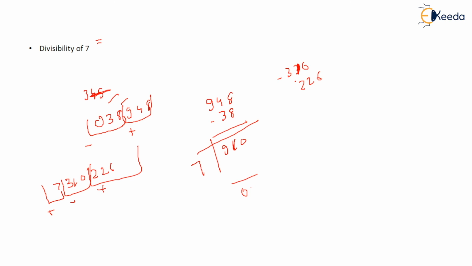This is minus 84 and plus 7, that comes out to be your 77. You check whether 77 is divisible by 7 or not. Yes, it is divisible. So this number is divisible by 7. This is how you need to do it, very simple tricks, just follow those. Same divisibility is applicable for 11 also.